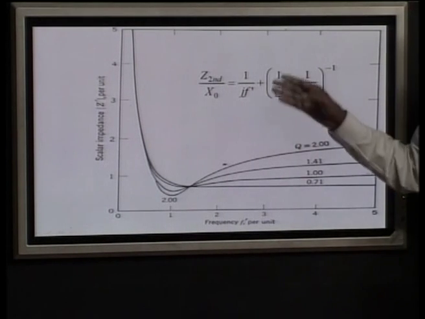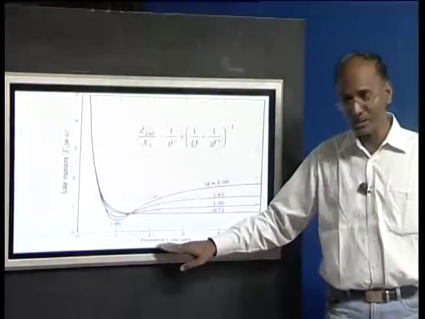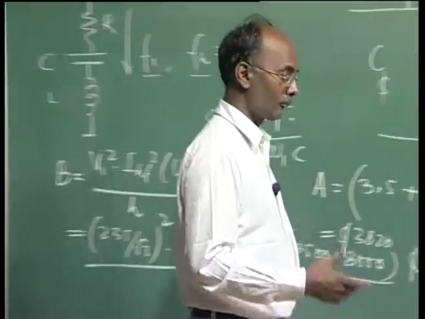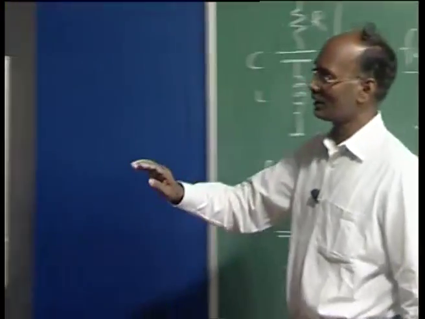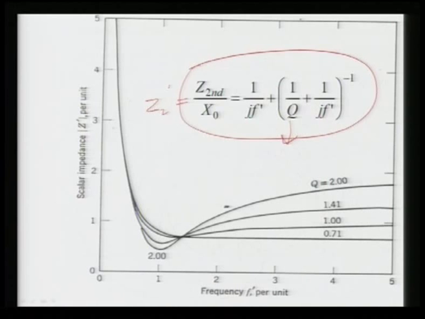So, we will see how these expressions are drawn, meaning we can derive an expression here in terms of frequency and also in terms of impedance, like we did for our tuned filters, and the final expression will come here. So, let us derive this expression so that we can know how this Q is going to affect this impedance. This impedance is basically written as Z2 prime. Prime means we are just dividing by X naught. X naught is nothing but in terms of L and C.